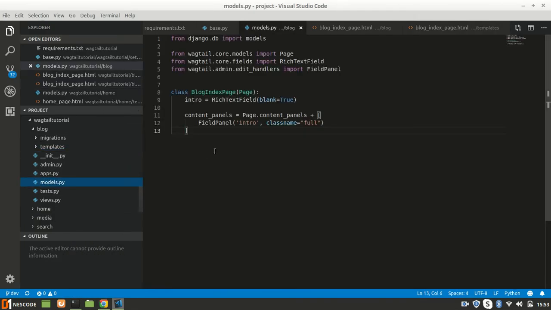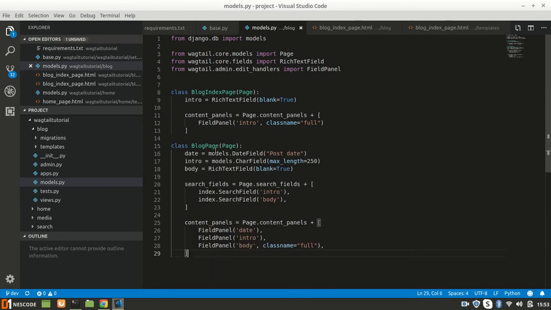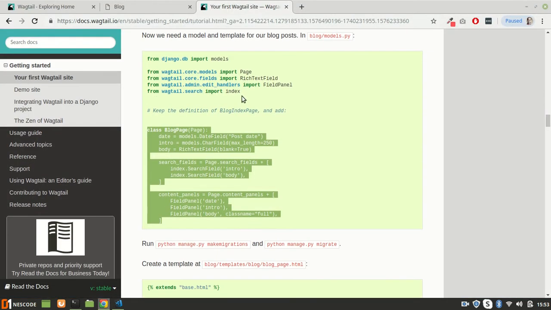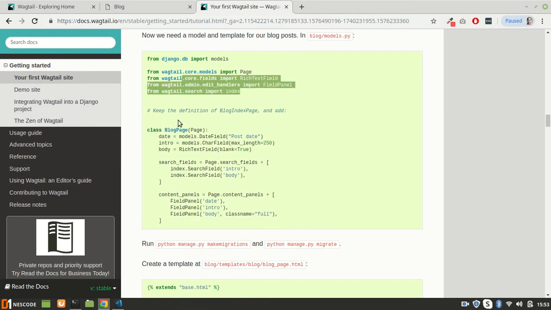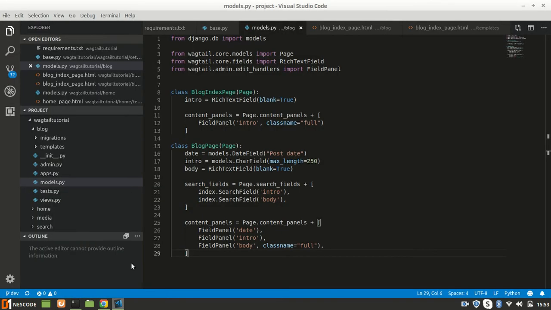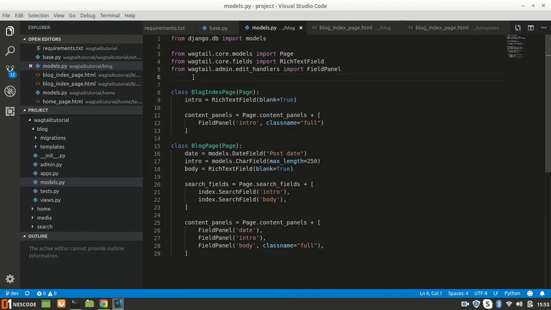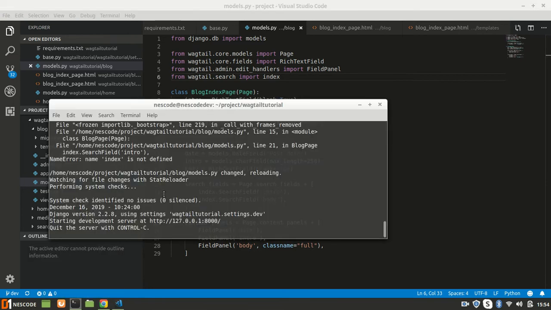So we have to go inside the model and we have to press this one. So now blog index page and then blog page is there, and then see some of the new imports are there. So let's, I think, FieldPanel, and this one is the new import. So let's add this import as well, save this one, and since we have made some changes into the models.py,